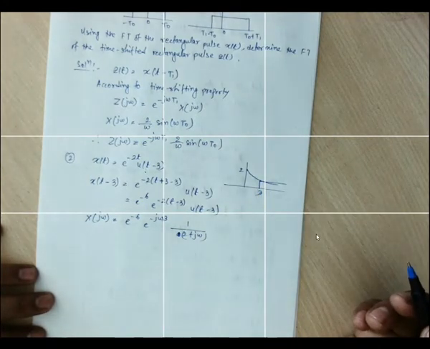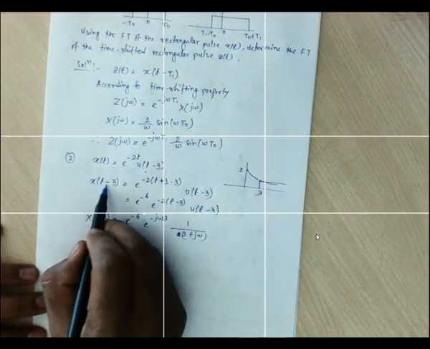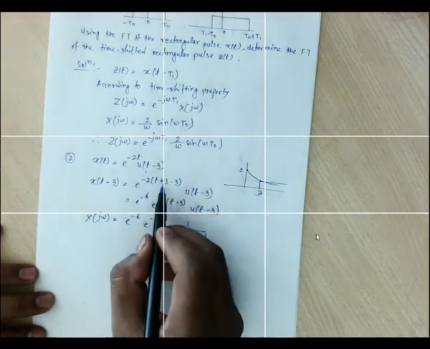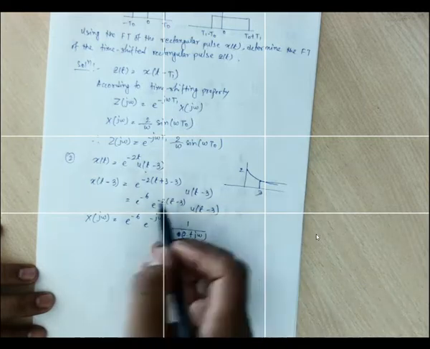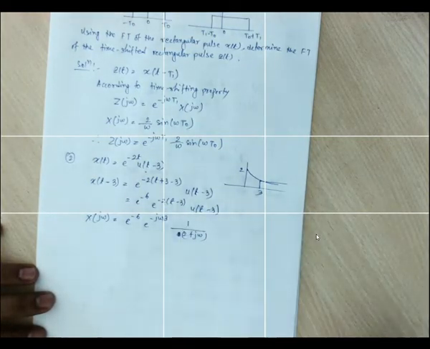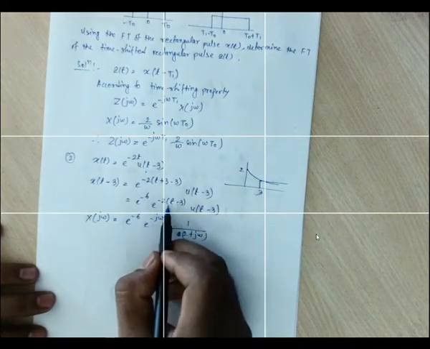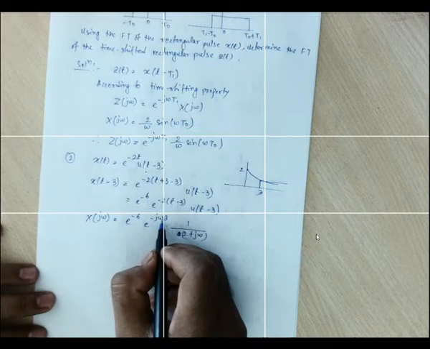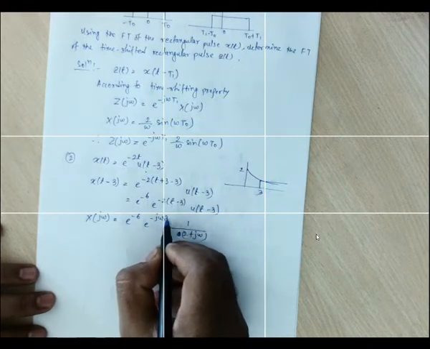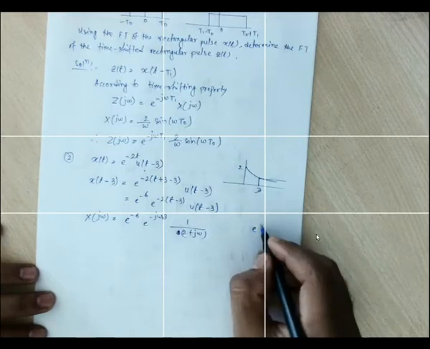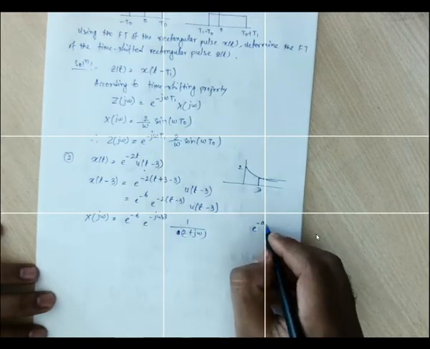So what we did for that, we took our signal to be at 3. So we are doing some kind of manipulation over here. t is replaced by t plus 3 and minus 3. So we have taken e to the power minus 6. Then the whole signal has been shifted to t is equal to 3. So this shifting parameter is 3. So we have taken e to the power minus j omega t naught, t naught is 3, and we have e to the power minus at.